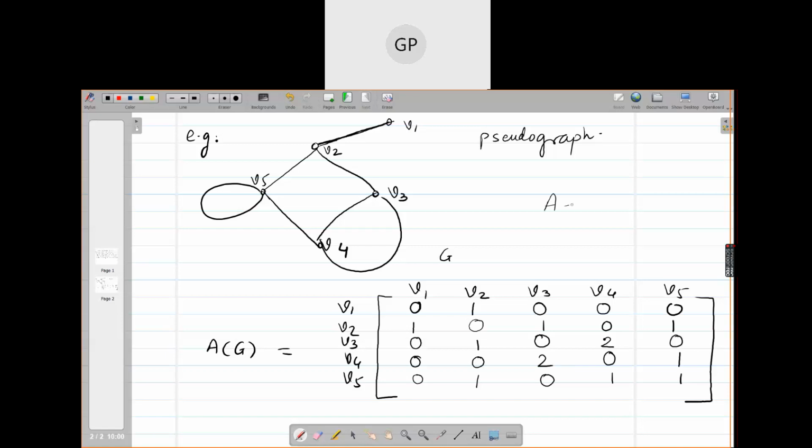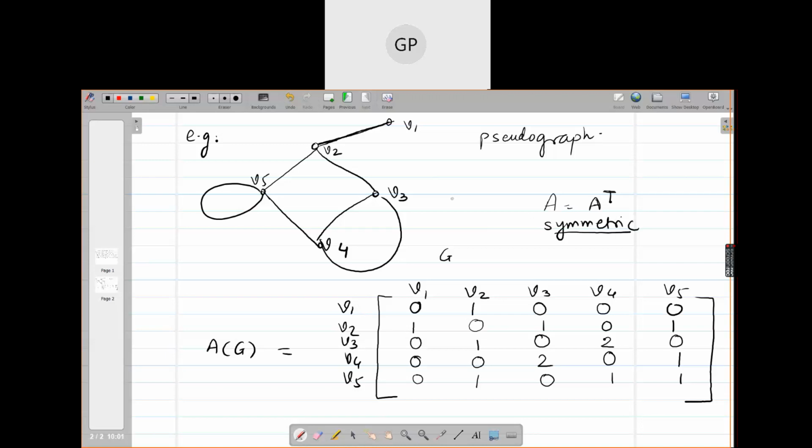So what is it called? What type of matrix is this? Nobody remembers? It is called a symmetric matrix. So write the observations. It's a binary matrix. If it is a simple graph, it will consist of only zeros and ones. If it doesn't have parallel edges but has loops, then also. But if it has more than one loop, then it will not be binary. But if it is a simple graph, the matrix would definitely be binary.